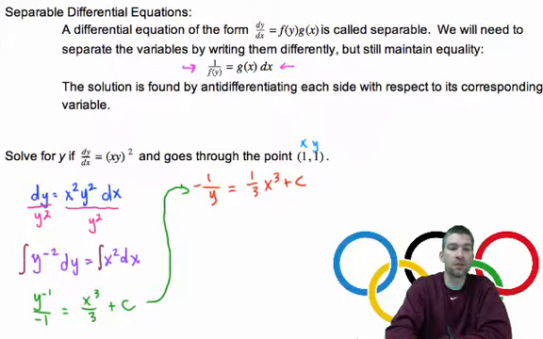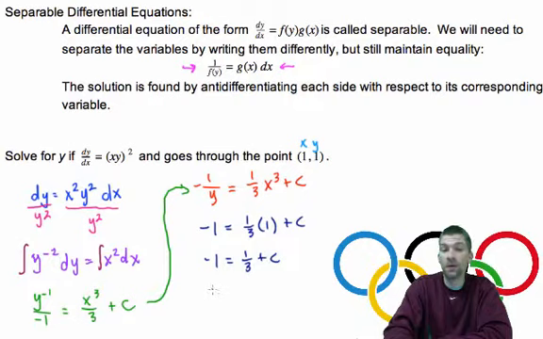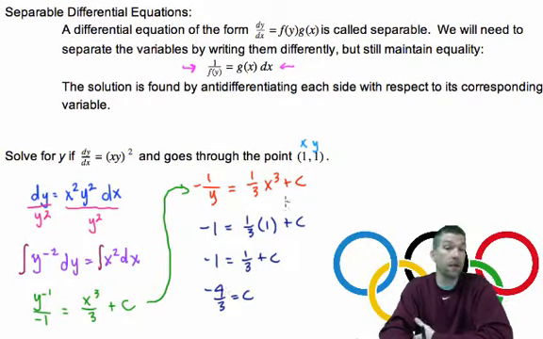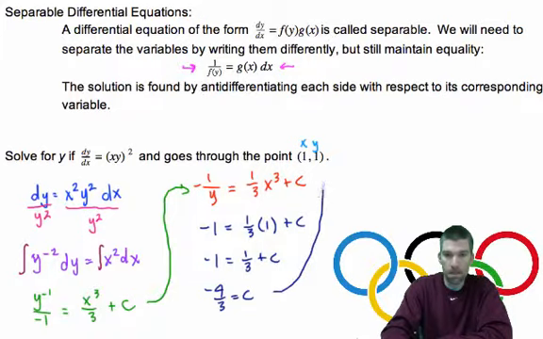So when I make that substitution in for x and y, I get negative 1 over 1, and that's equal to 1/3 times 1 cubed plus c. In other words, negative 1 equals 1/3 plus c. When I subtract 1/3 from both sides, negative 1 minus 1/3 is negative 4/3. So when I write this equation out, what do I end up with? Well, I end up with negative 1 over y equals 1/3 x cubed